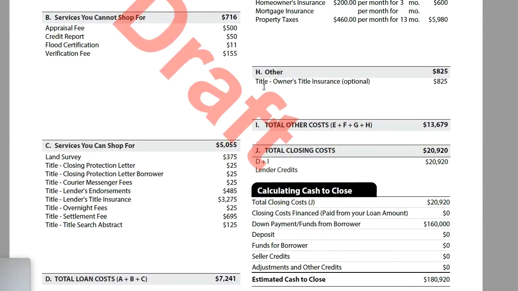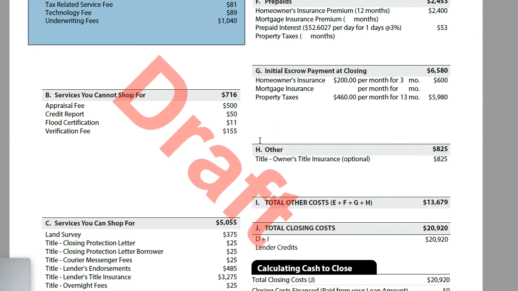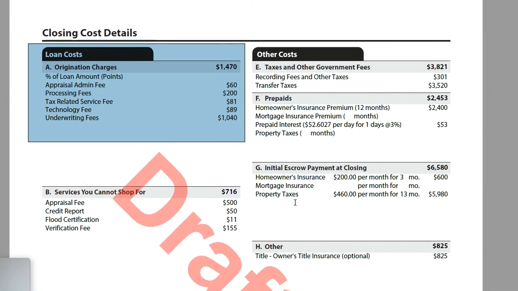So anyway, not trying to get into what each and every single one of these estimated fees mean. For the sake of this tutorial here, the main thing that you want to pay attention to, just to reiterate, is the amount of the charges in box A, because these are the only charges that the lender has any control over and what they can charge you.